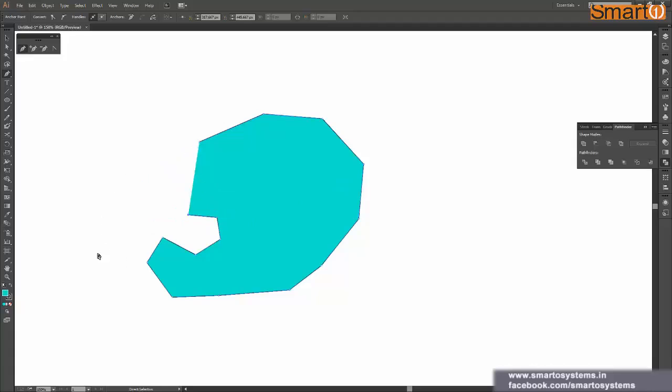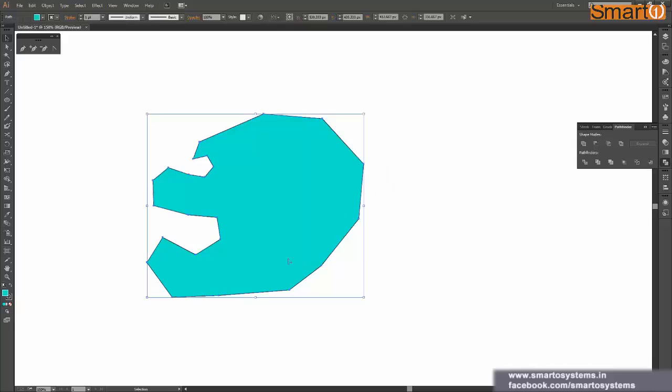Again, if you press anything or if you go to another tool, it will discontinue your shape. So again, go to your pen tool, go to your shape's anchor point from where you left and click and start creating your shape like this, and then you can finally close it. Okay, so this is a kind of third functionality where we can close open shapes, or we can continue existing shapes by using the pen tool.